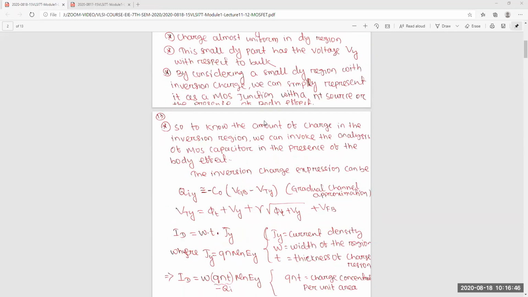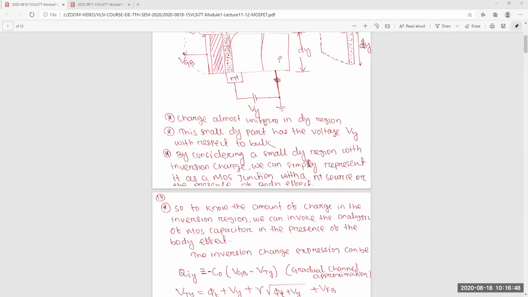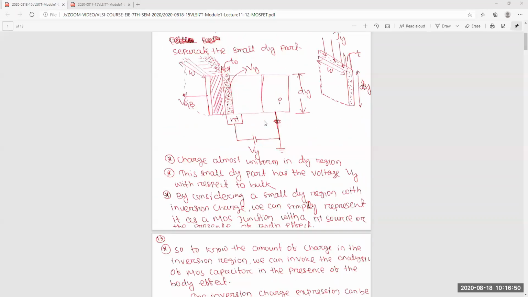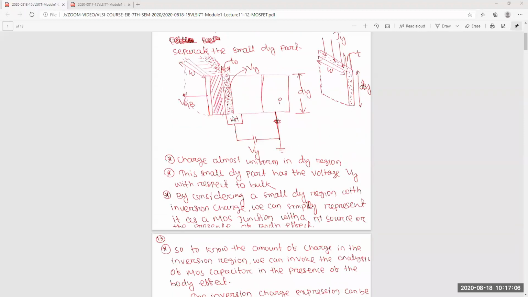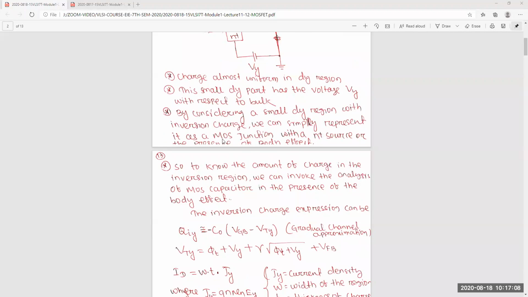So now we'll start the derivation. Here this is nothing but the charge Qy. Yes or no? This is the inversion charge at a small region. Qi, why am I writing the y subscript? Because this is the y direction. In the y direction we are doing everything. So Qiy is equal to,